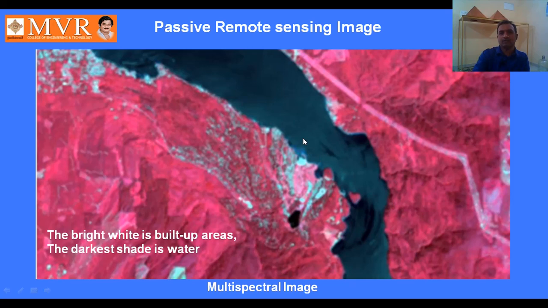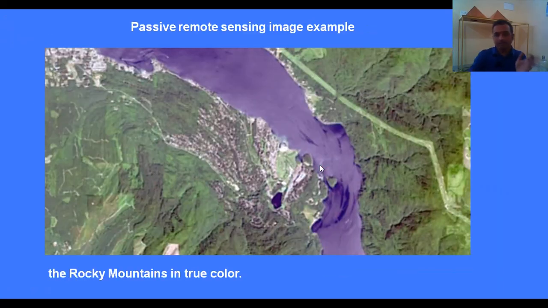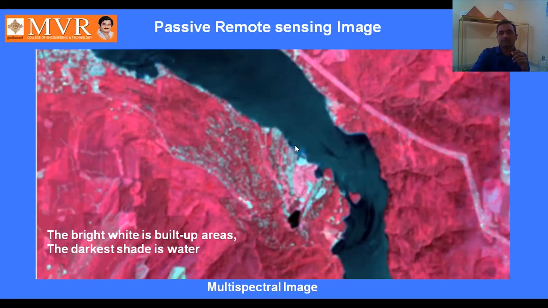That is after changing the band combination. After changing the band combination, we get this image. So this is the true image. Then this is after changing to blue, green, red. We will change the band combination 1, 2, 3. I will tell you in the practical section how to change the band combination, and in further classes I will explain